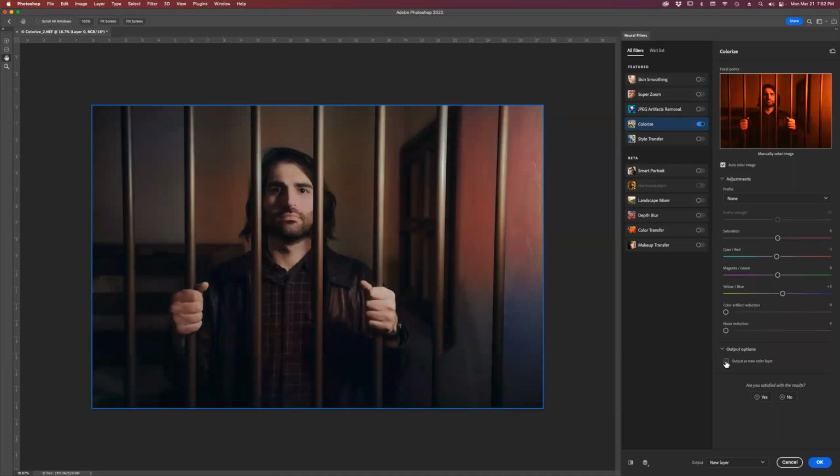And then you can output as a new color layer. You can do it down at the bottom. You can do current layer, new layer masked, smart layer, smart filter, or new document. Normally I just do new layer, but if I do output as a new color layer and new layer,